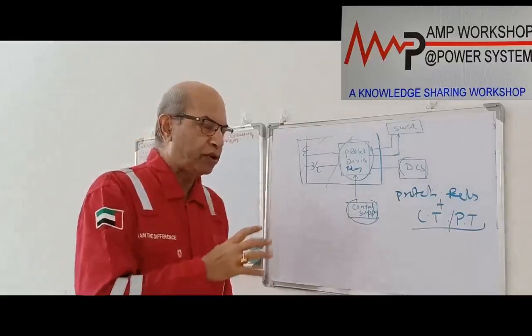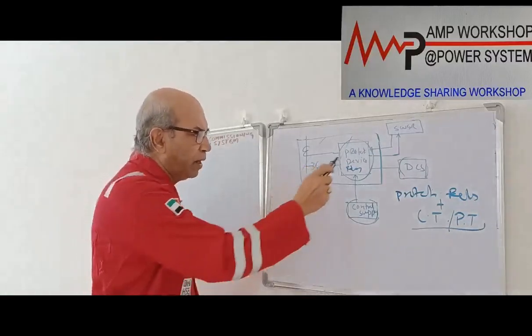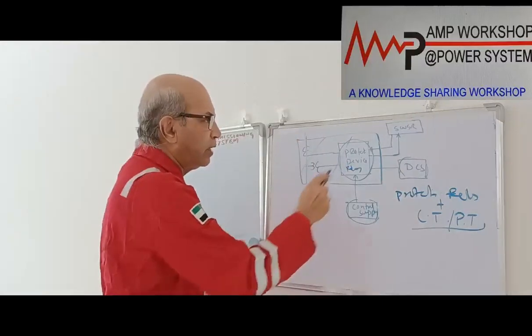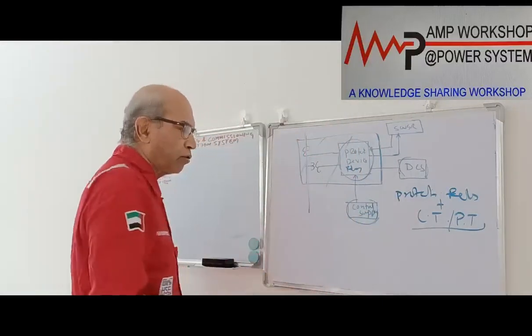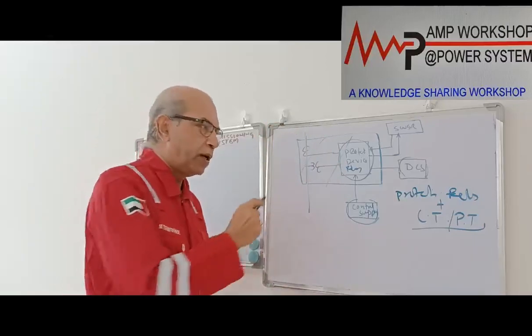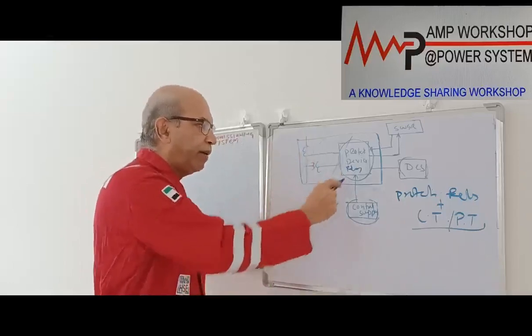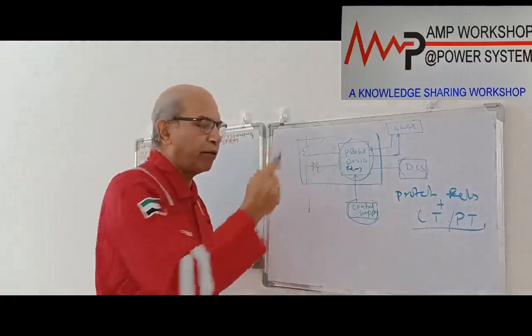But in the power system, due to various interference and various hookups, we have seen the protection system is connected with the main power line, it is connected with the switchgear, it is connected with the DCS, it is connected with the output power control supply. So from all these various sources, a lot of influence or interference comes into the protection system, which can maloperate the protection system.